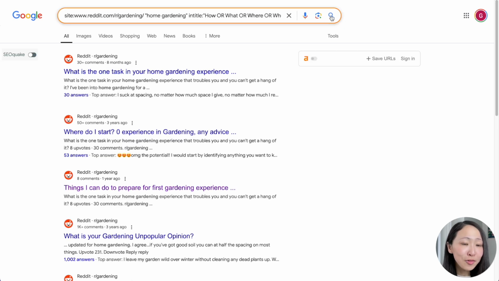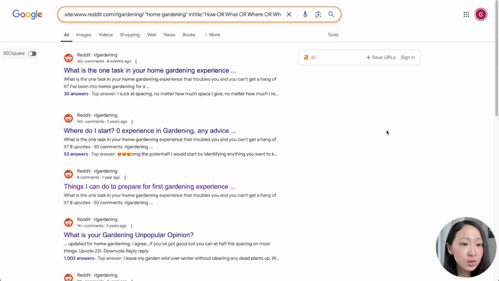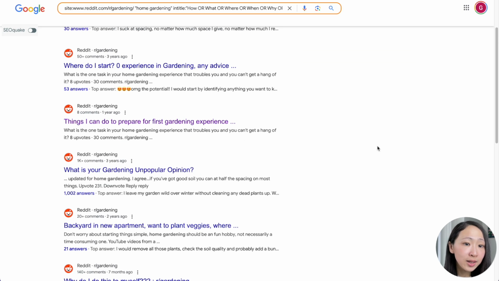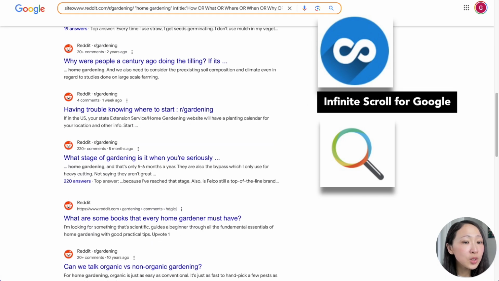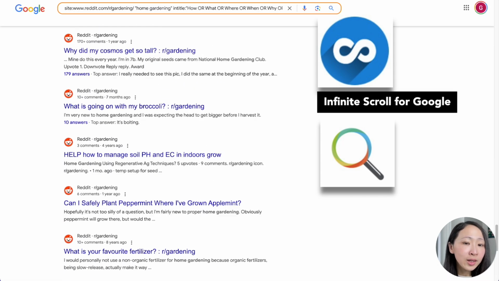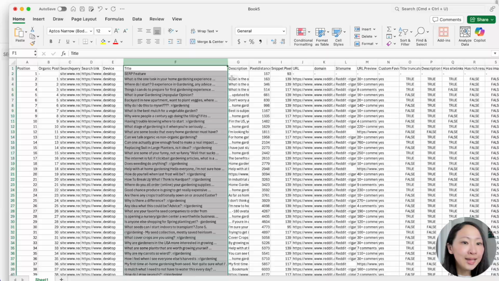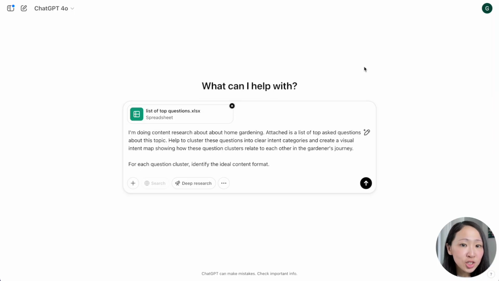And this is one of my favorite ways to immediately get a list of commonly asked questions from real users on forums like Reddit, Quora. And together with these two Chrome extensions, you will have a list of questions ready and then copy them into a spreadsheet. Now we're gonna attach the question list to ChatGPT and use this prompt to ask it to cluster